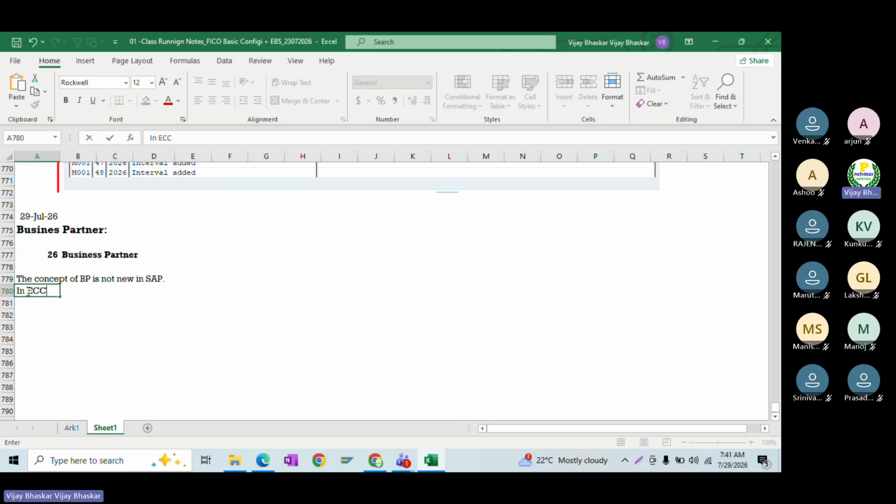In ECC, the BP concept was already available in Treasury in the TRM module, for your kind information. Then the same concept